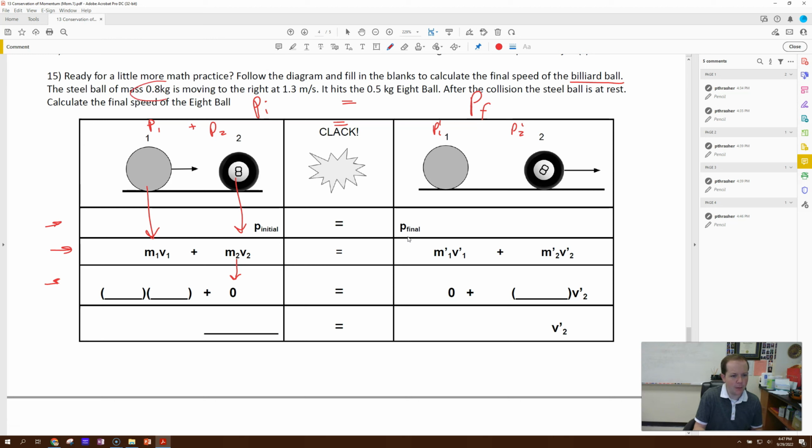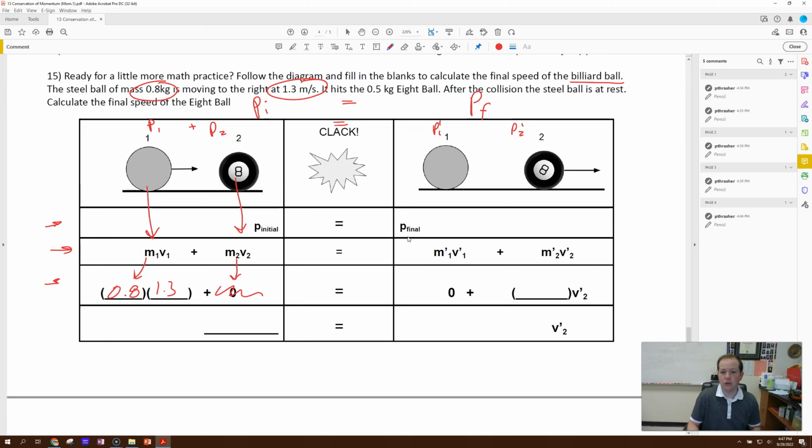It tells us in the problem it has a mass of 0.8. So right here, the mass of the steel ball times its velocity. So the mass is 0.8. The velocity, it tells me, is 1.3. Okay, so on the left-hand side of the equation, 0.8 times 1.3 plus 0, but I can kind of just ignore that,